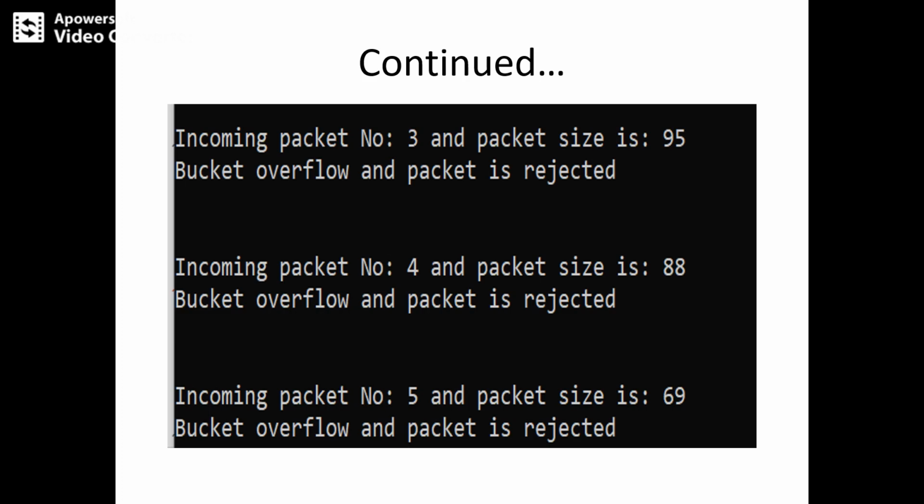Another way we can run it: suppose the output rate is 100, the bucket size is 500, and the incoming packet is 200. The first 100 bytes will be passed to the next layer and the remaining is 100. Again that remaining 100 will go. Similarly, for incoming packet 220, first 100, second 100, and the remaining 20 will go last. So there are three ways, three possibilities, and even more possibilities are available. This is one way of implementing, or seeing the execution of, the leaky bucket algorithm.